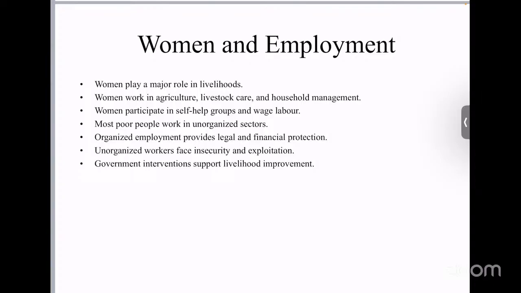They also involve both direct income generating activities and indirect support systems that reduce household expenses and improve the survival skill. In the first unit, we saw the meaning and nature of livelihoods. It describes the example of a poor family living near a shrub forest, where every member contributes in different ways to maintain the household. Individually these tasks may seem small, but together they create the livelihood system of the family.